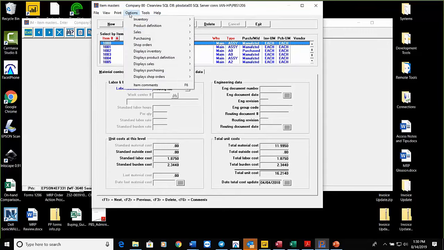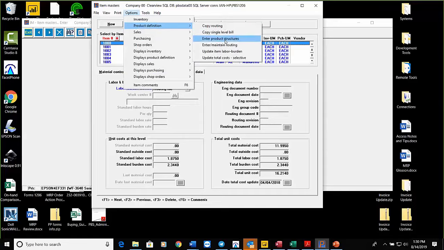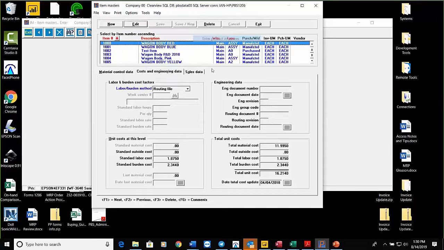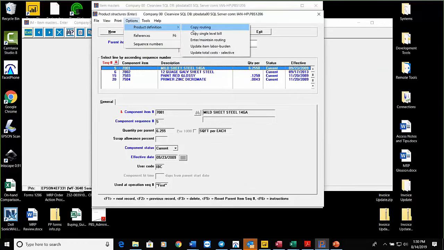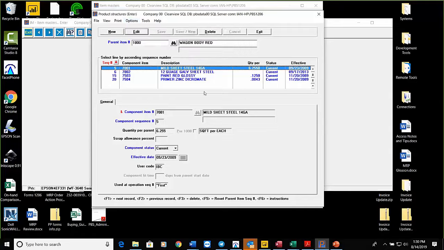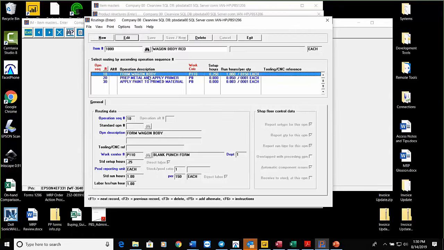created by creating over in product definition, which is accessible right here from the item, a product structure or bill of material where I said, look, here's my components, then creating a routing for it, where I said, look, I got 3 steps to make this thing. Step 1, I form the wagon body. It's a machining operation. It happens in Work Center P110. Got a quarter hour of setup time, and then I've indicated that in an hour I can punch out 150